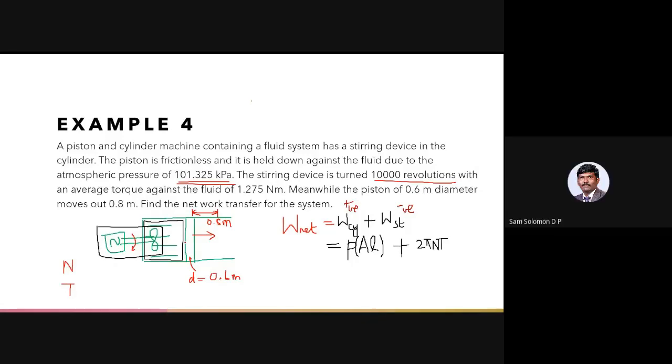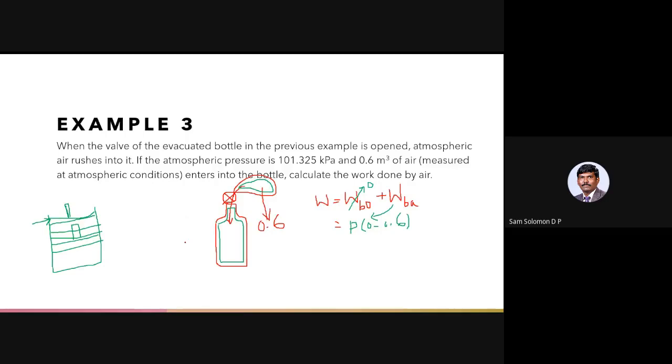No, air is only the working fluid, right? So in the terminologies, we talked about working fluid, right? Working fluid is different. In this case, the working fluid is some fluid that they have mentioned. In the previous case, the working fluid is air. It is the energy carrier. Whereas the system is supposed to have some boundary, right? If you look at this, the bottle is a system, the balloon is a system.